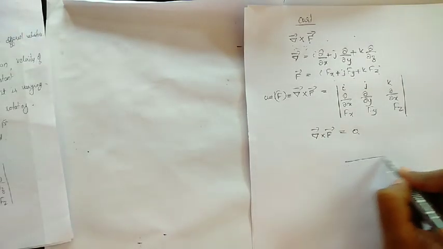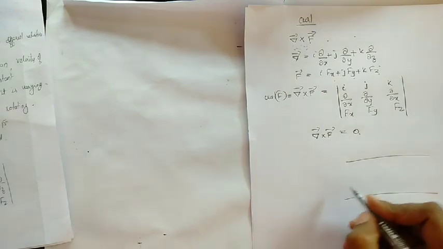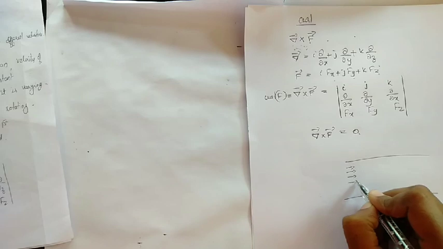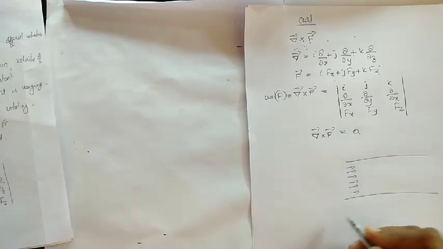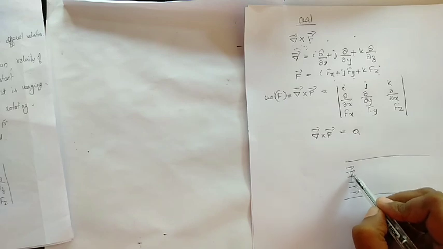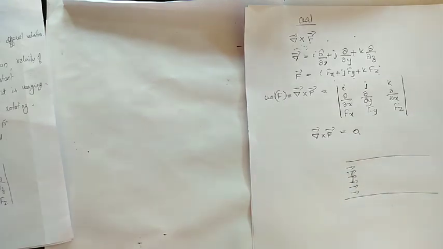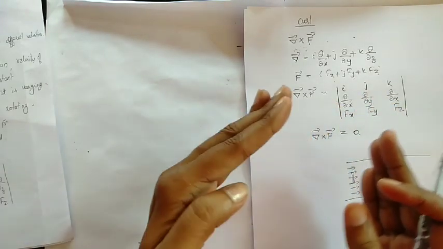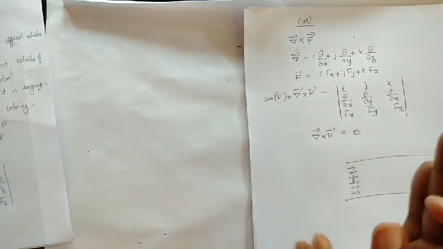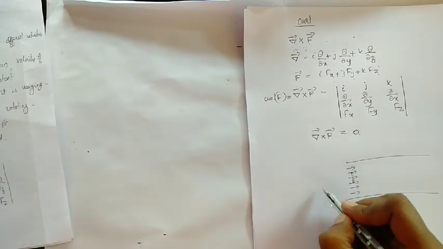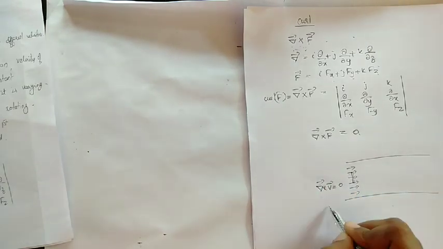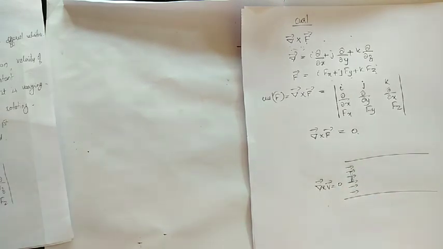Suppose there is a river, and the velocity vector is indicated in this manner. Velocity at every point is the same and the direction is also the same. If we put a piece of wood on this water, there will not be any rotation for that piece of wood, isn't it? That means there is no rotation. So if you take del cross v here, you will get it as 0. That indicates that it is an irrotational field.